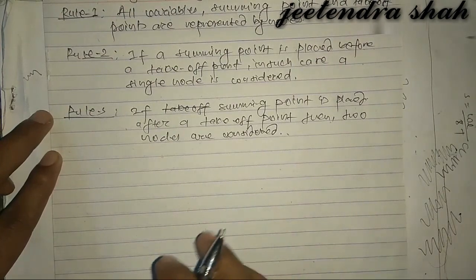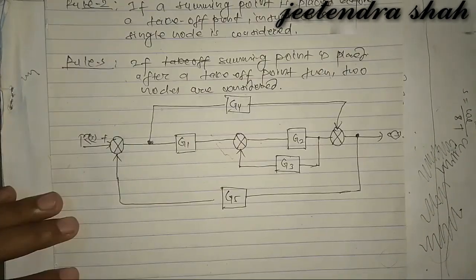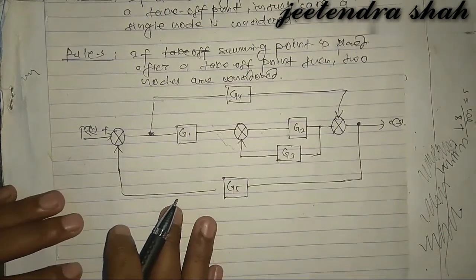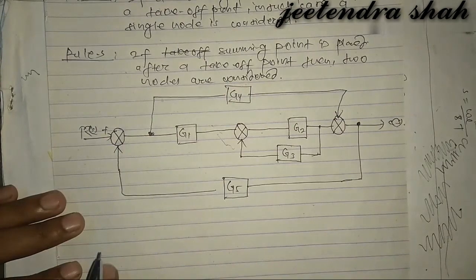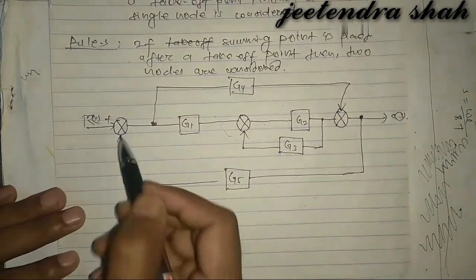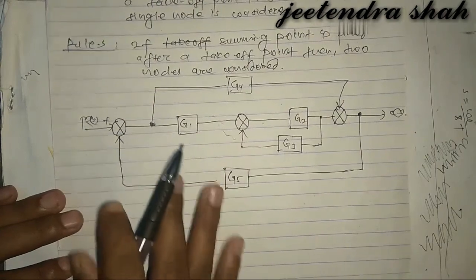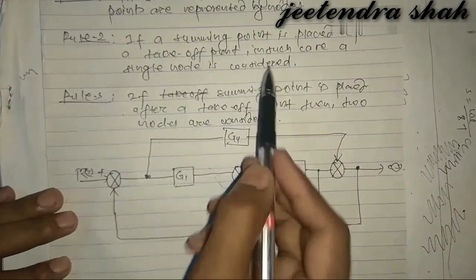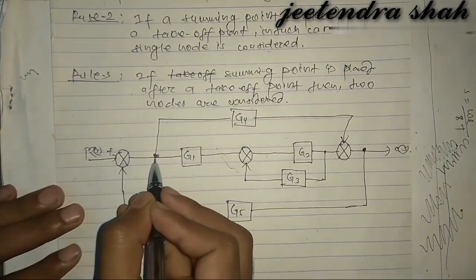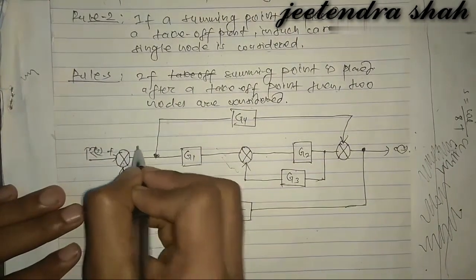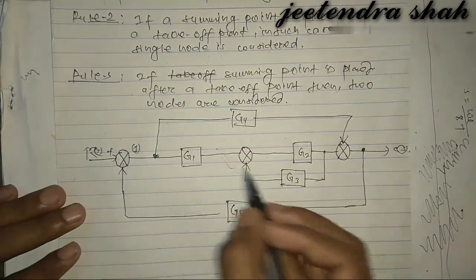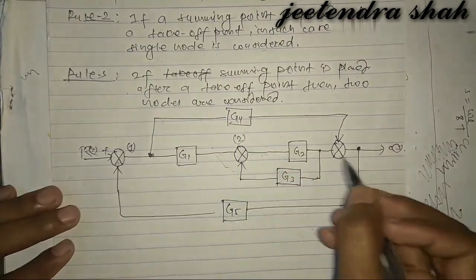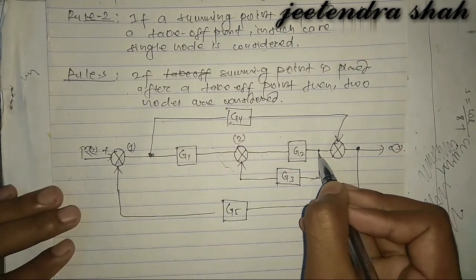So I am going to solve problems related to this. Here we have the given system, and from this block diagram we need to draw the signal flow diagram. Here we have the summing point and here the takeoff point. In rule 2 we have written, if a summing point is placed before a takeoff point, a single node is taken. Since the summing point is placed before this takeoff point, we have a single node here, and we have another node, the second node. And here we have the takeoff point and this is the summing point,